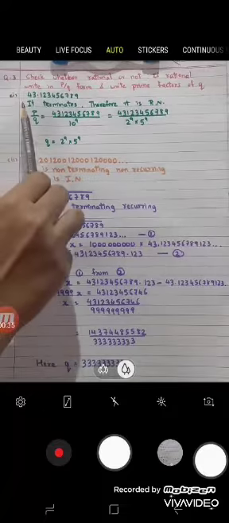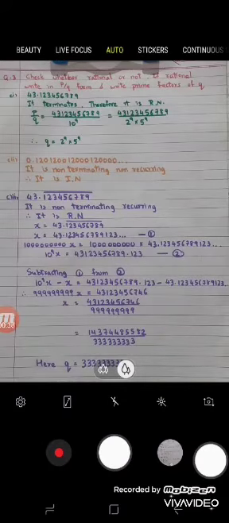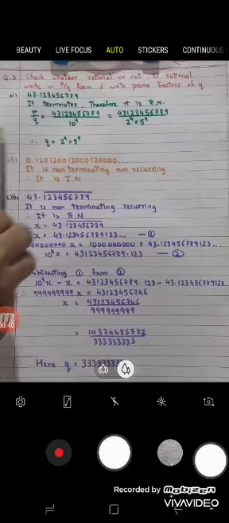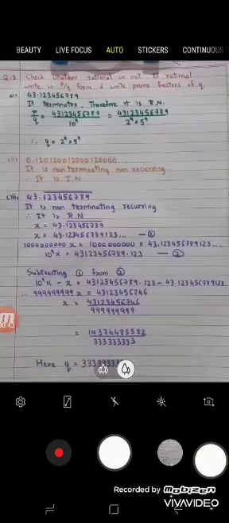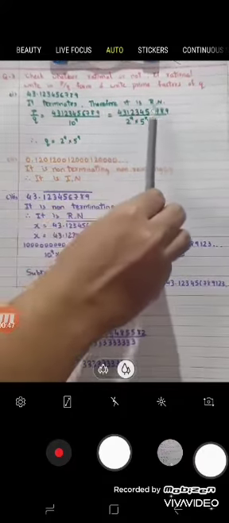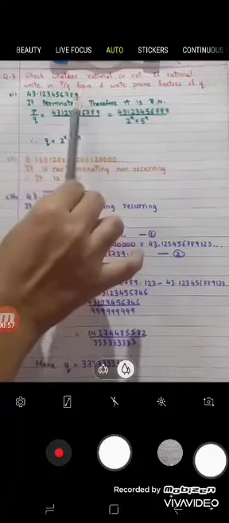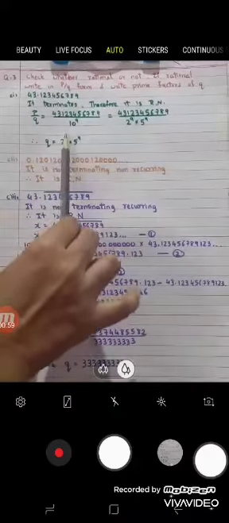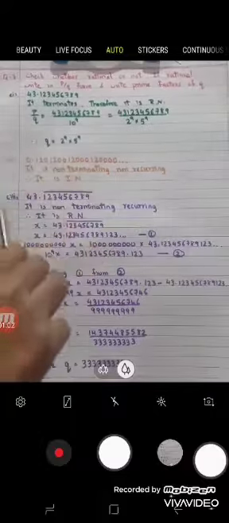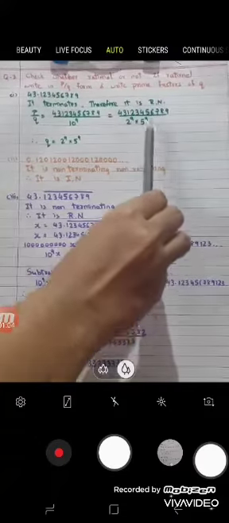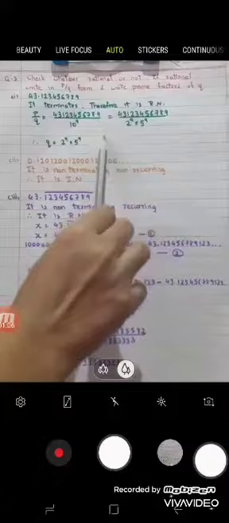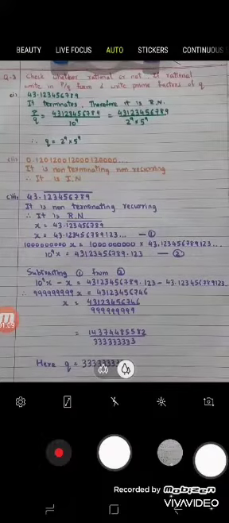Here you can see the question, 43.123456789. It terminates. So here you can say it is a terminating decimal expansion. As it terminates, we can say that it is a rational number. Now as it is a rational number, we have to convert it into the form of p by q. Here q we want. The decimal places are 9, so the denominator will be 10 raised to 9. 10 raised to 9 we can write as 2 raised to 9 into 5 raised to 9. Means q is 2 raised to 9 into 5 raised to 9.